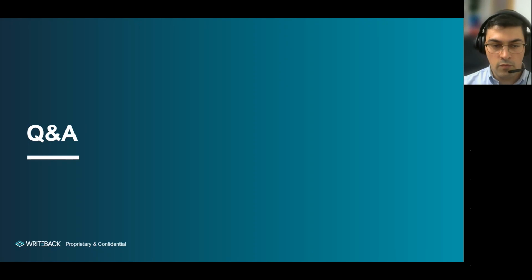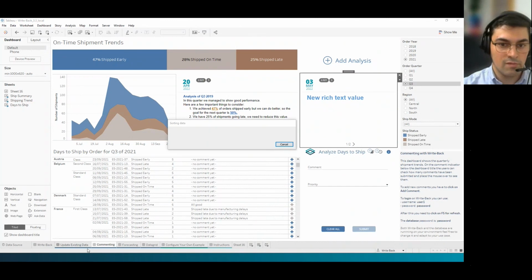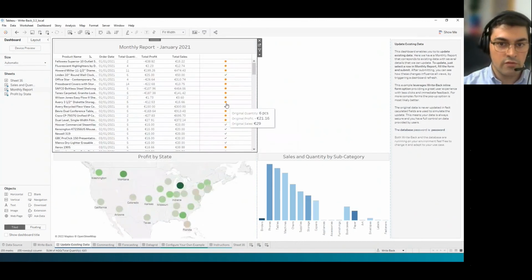Now, if you want to control that, that's why we have also the unique entries functionality in place. That one, it's the one that I showed. I'm going to bring Tableau again. It's the one that I showed here on the update existing data example. If two people submit at the same time for the same product, what's going to happen is just the first one to submit is actually going to get their value through. And the other ones are going to get an error saying that there's already an entry on